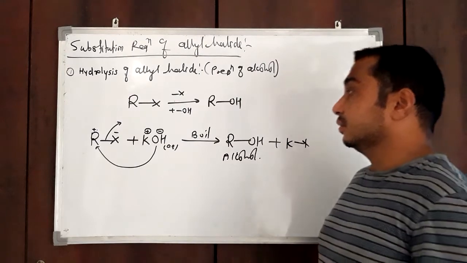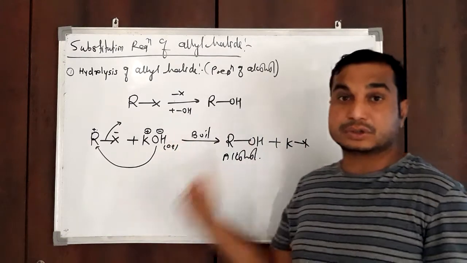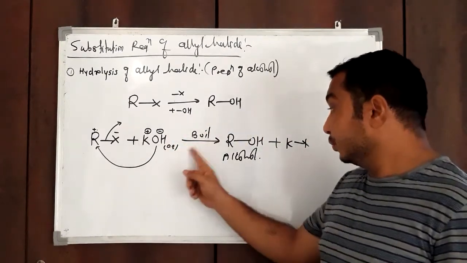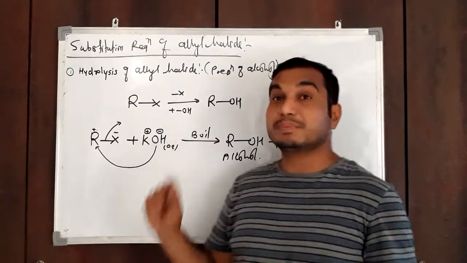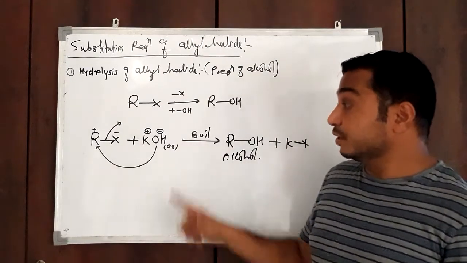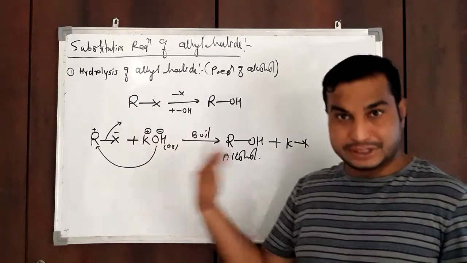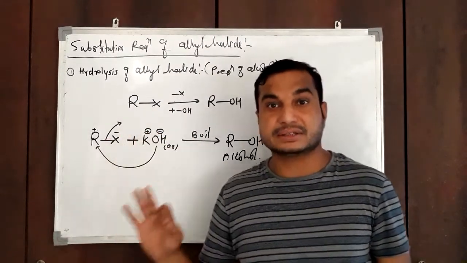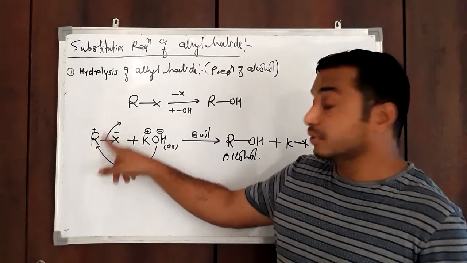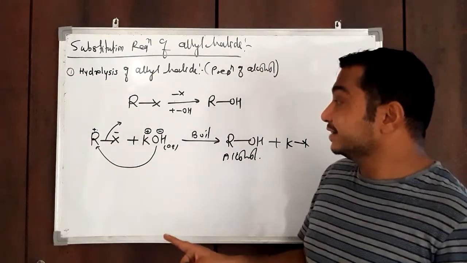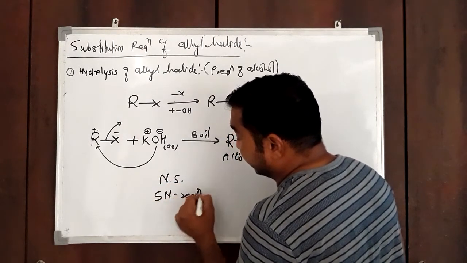So, an alkyl halide molecule when boiled with an aqueous solution of potassium hydroxide or NaOH gives the corresponding alcohol. In this reaction, the OH minus ion, the hydroxide ion, is given by KOH. If we add KOH in water, it will undergo ionization and produce K plus and OH minus ion, and that OH minus ion, which is a nucleophile, will replace the halogen atom from the alkyl halide. So it is an example of a nucleophilic substitution reaction, or SN reaction.